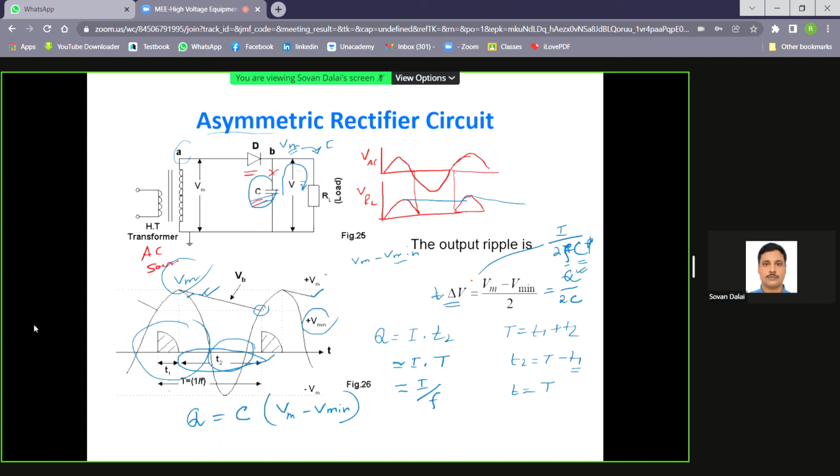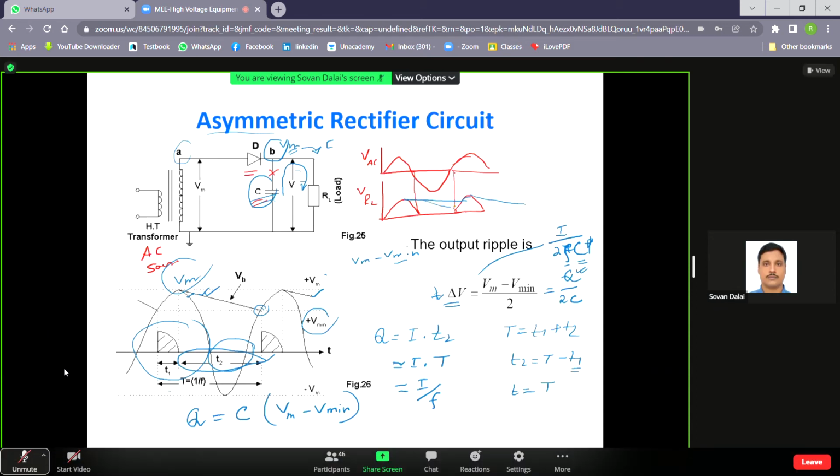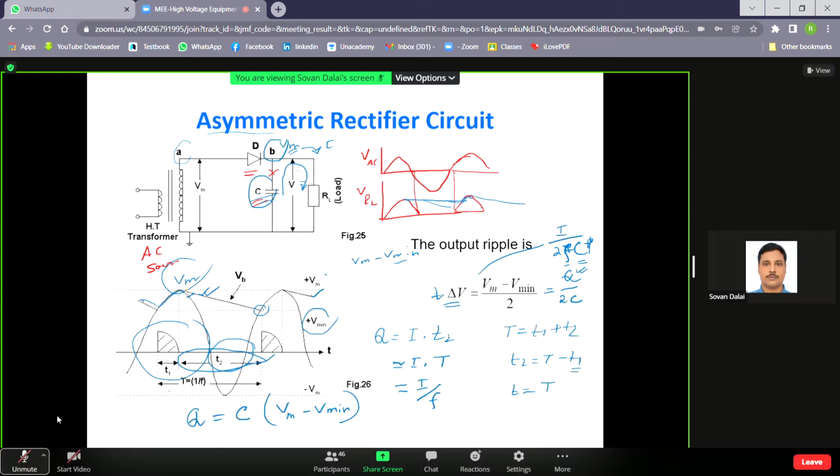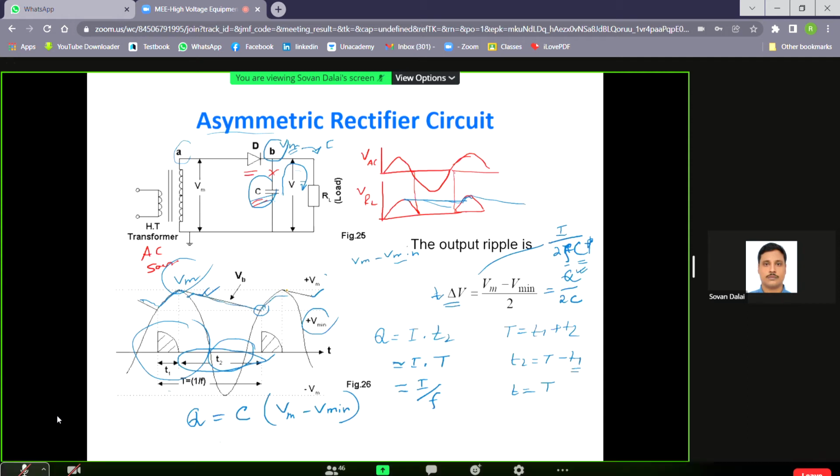ভিবি হচ্ছে পোটেনশিয়াল অফ দ্য পয়েন্ট বি, মানে তুমি বলতে পারো পোটেনশিয়াল অ্যাক্রস দ্য লোড। ওইখানে যে স্ট্রেট লাইনটা ডিক্রিজ করছে ওটা তো বি এর পোটেনশিয়ালটাই। এইটাই বি এর পোটেনশিয়াল। এইখানে ড্রপ হলো, আবার ও কিছুটা চার্জ রিপ্লেনিশ করলো ফ্রম দা সোর্স, আবার এইভাবে ভ্যারি হতে থাকবে। এখানে ডায়োডটা কন্ডাক্টিং করছে